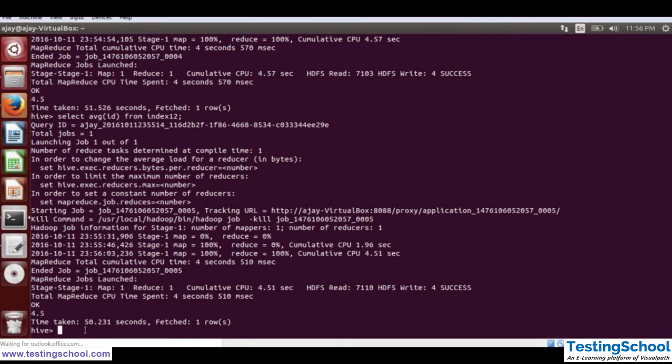So now our job is to create an index on a particular table, on a particular column. Let's create an index on the first table, that is index 11.